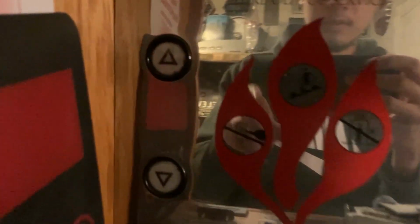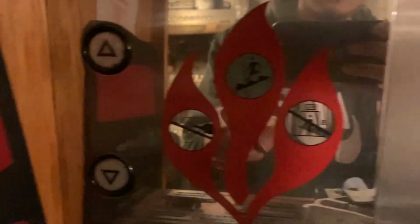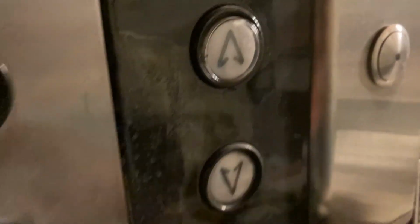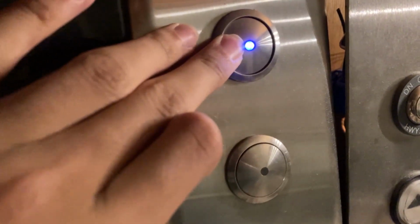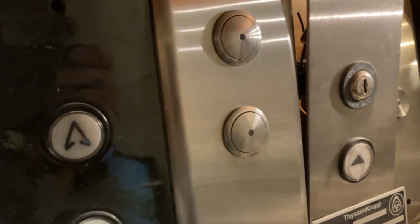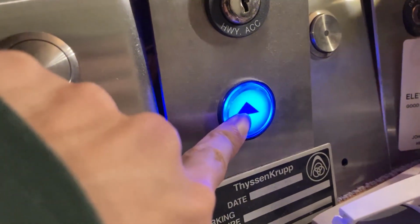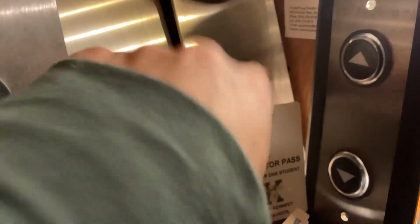So this is Dover traditional custom and regular Dover traditional, California compliant traditional, and the Adams replacement. And then this is from the Keener garage. This is one of the newer call stations from it. And then here's a ThyssenKrupp Signa 4, whatever you want to call it, button. Concave button, access switch,